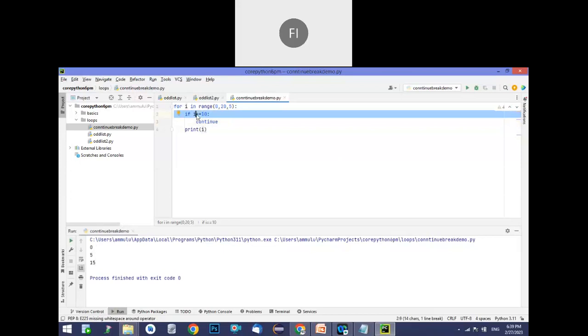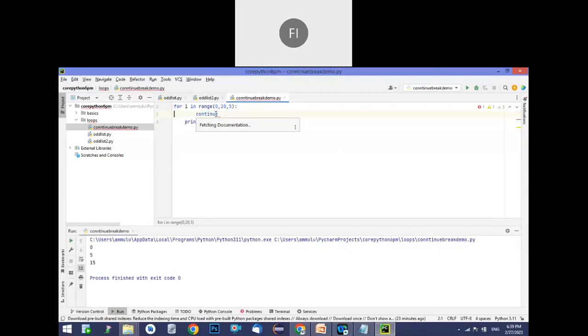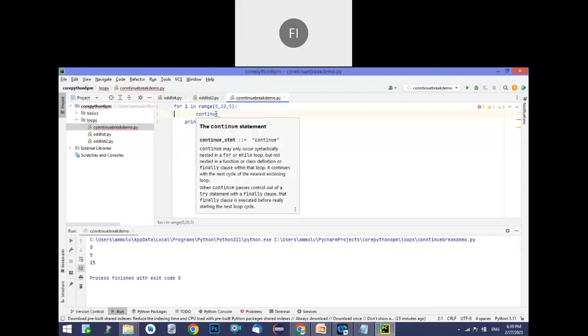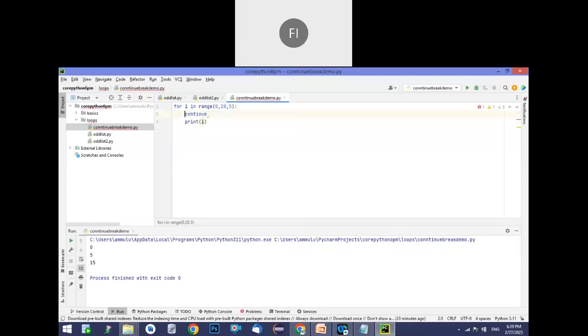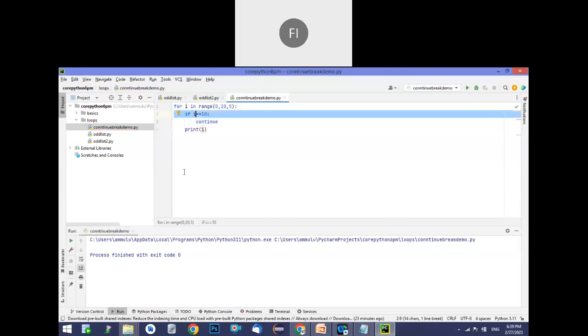But if you miss this condition, it won't print anything because every time it's coming inside and it will repeat the loop. See, that's why it's showing error because it doesn't make any sense. Even if you remove this and run it, it won't print anything because every time going inside, coming outside. So that's why I gave a condition for that.